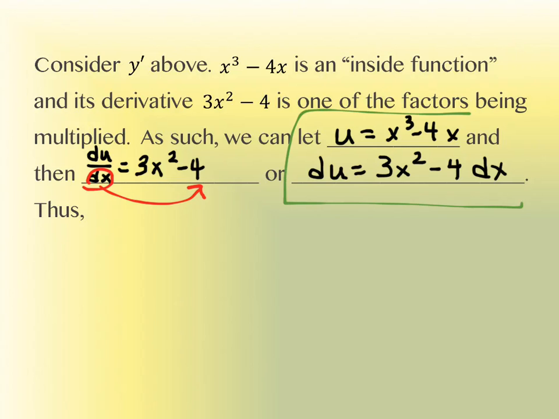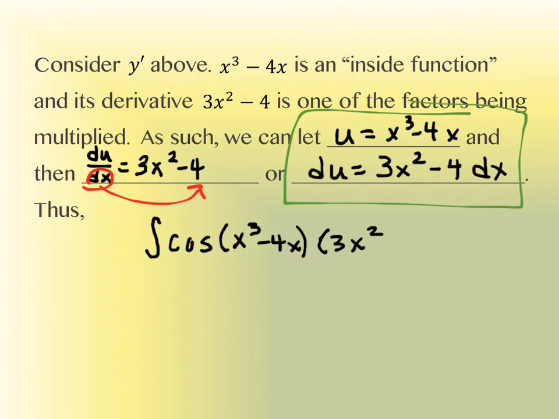This notation right here in the green box is the notation we're going to be using on each problem. So let me show you how it looks when we create one of these problems from scratch now. I showed you first where every single piece came from. So if we were doing the antiderivative of the cosine of x cubed minus 4x times 3x squared minus 4 dx, if that's what we were finding the antiderivative of,